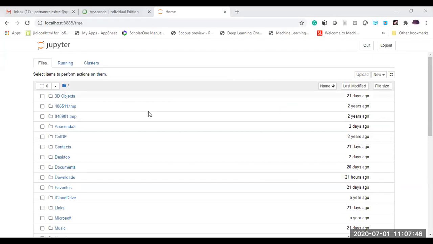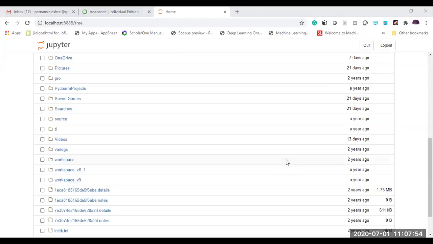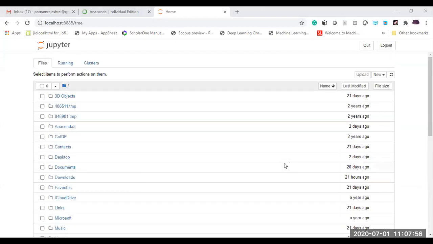So here we are with the Jupyter Notebook. Once after opening the Jupyter Notebook, you can see n number of files within it. Where it has to be located, in the sense that now we are going to set the path. Based on the path, you can set where you want to run your scripting, where you want to run your programs, where you want to execute your programs or visualization graphs. All of these can be checked through one of the paths.